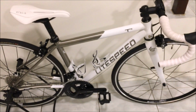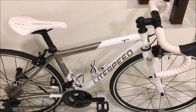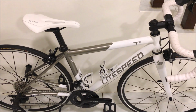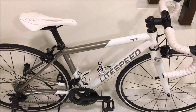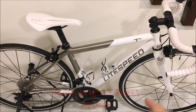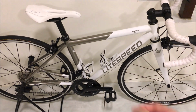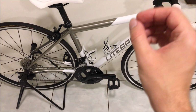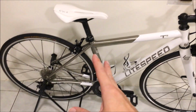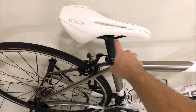The total weight of this bike in a size 50 frame in 105 with all aluminium components and wheels, and a very beefy bottom bracket, weighs in around 8 kilograms. I think it's about 8.2 kg, which I'm very happy with, because I had a lady's bike in the shop the other day, which was the ladies' version of the Specialized Tarmac in carbon fiber, and that had a 105 group set, and that one had flat pedals, and that one had aluminium wheels, cheaper wheels, and it also had a similar grade of saddle with an aluminium or metal rail,